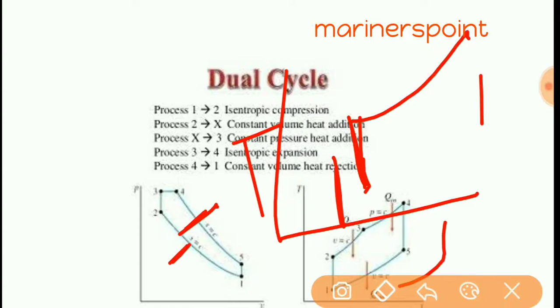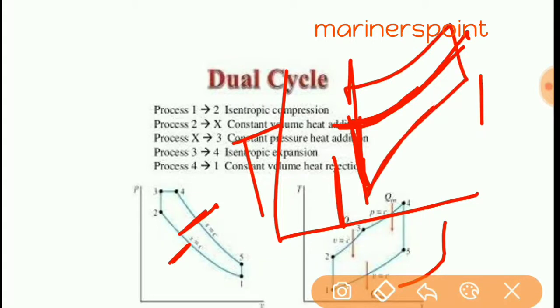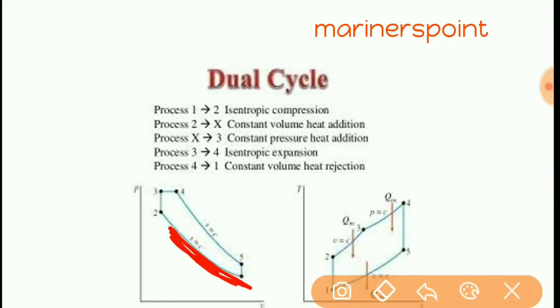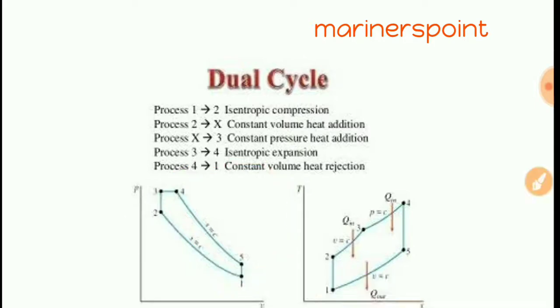And in the diesel cycle, temperature increases more, so this will be more, and like this. In a question it may be asked when entropy will be fixed, then you have to check. This is adiabatic, sorry, isentropic. Then S1 and S2 will be constant, S3 and S4 will be constant. Okay, thank you.